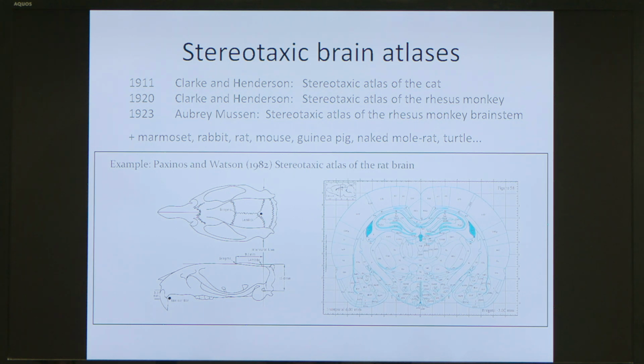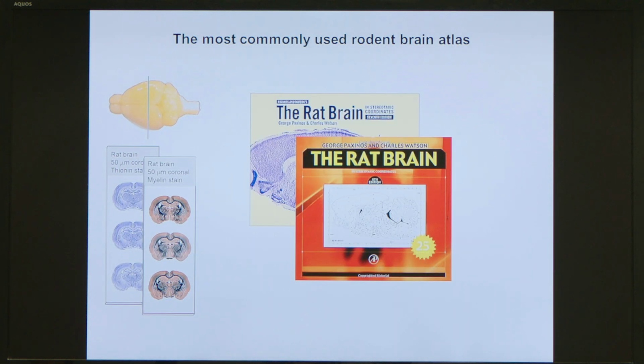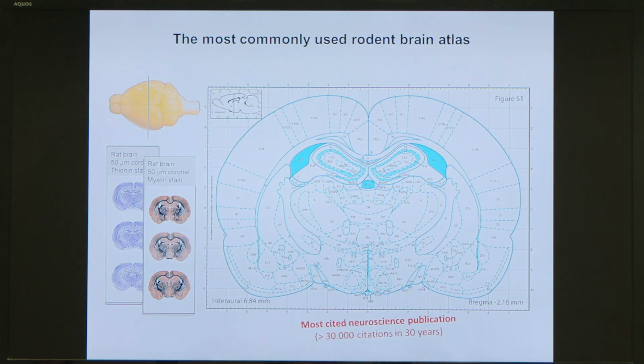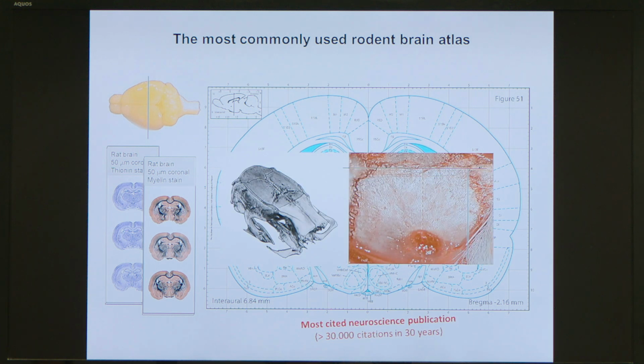So the combination of detailed atlas diagrams related to coordinate systems was, for the rat brain, the atlas published by Paxinos and Watson was very important. And this atlas has, of course, as already was mentioned, it's widely used. It has more than 30,000 citations in the 30 years it's been around, and that really gives it some authority. But there are also some problems with it, and that is that,